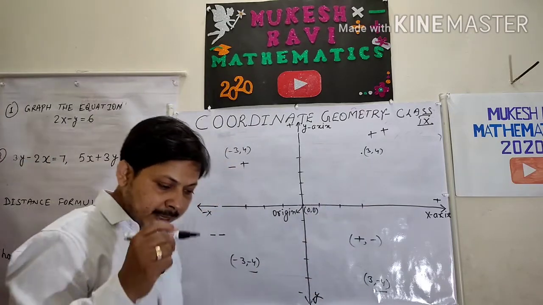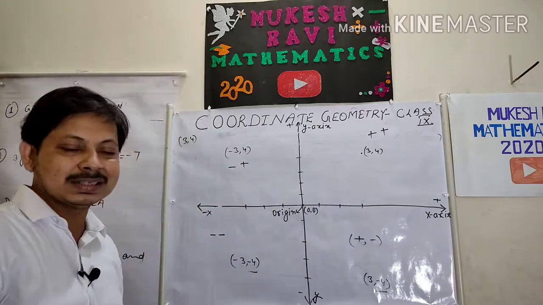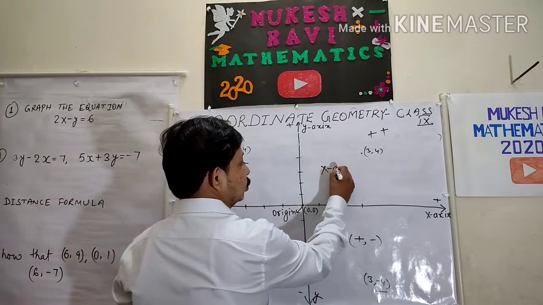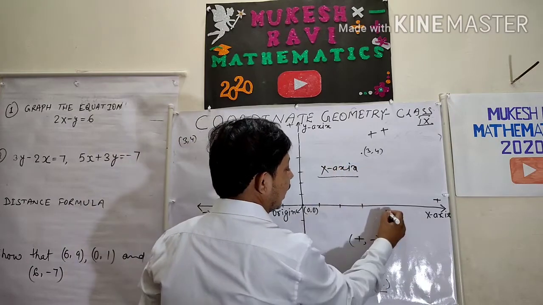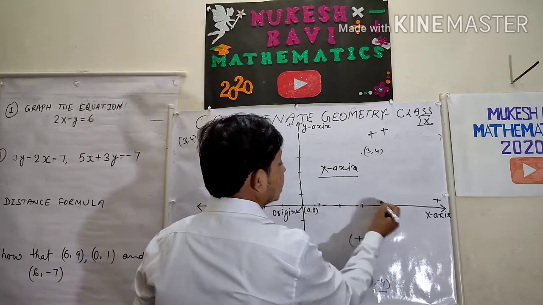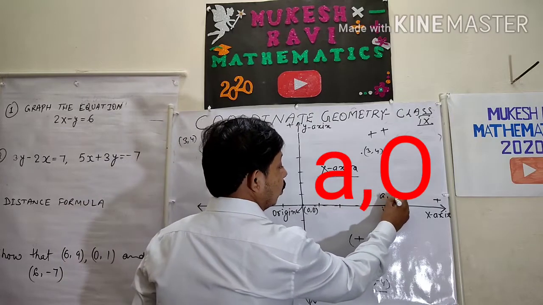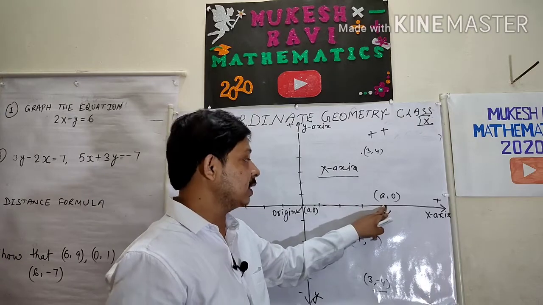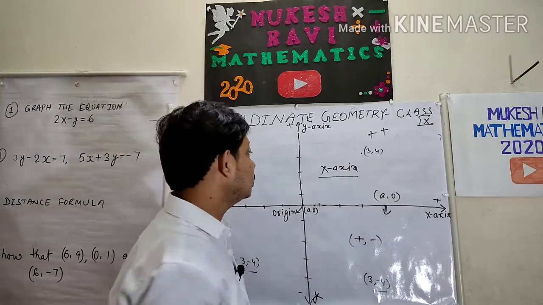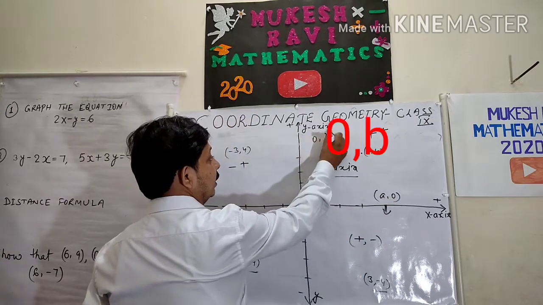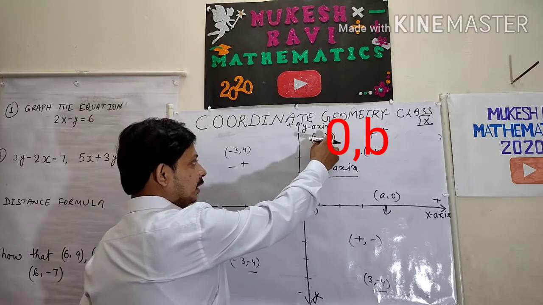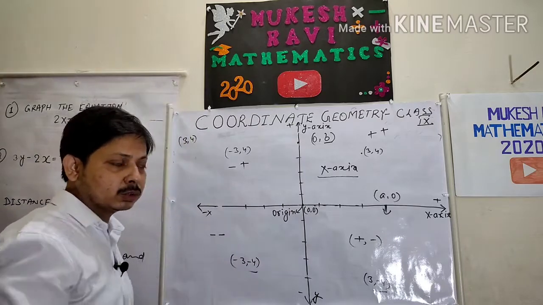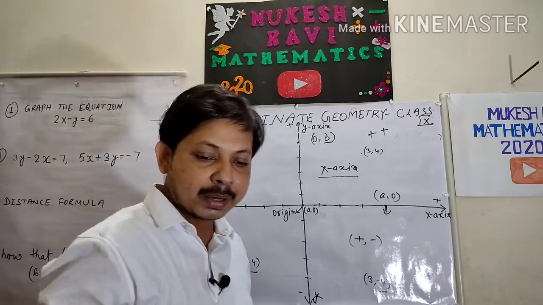Now here we are going to deal with the x-axis and y-axis. Suppose I am saying only x-axis, what does it mean? The point lies on it. Suppose the point is A, 0. What is the meaning of this? The abscissa A lies here on x and the y value is 0. Suppose on the y-axis, 0 and b. So the abscissa is 0 and the ordinate, that is the y value, is here. Maybe this is positive, maybe this is negative. So this is the meaning of x-axis and y-axis.